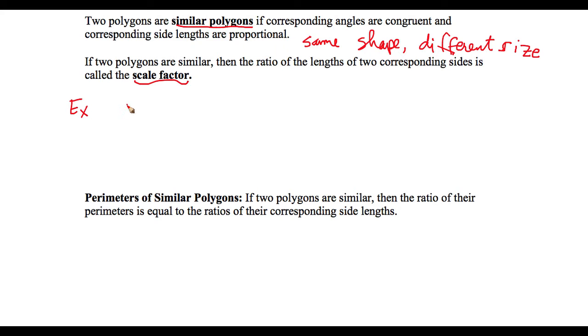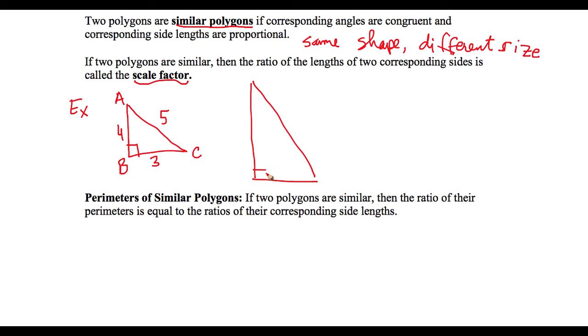Let's look at a right triangle that many of you are probably familiar with. If you ever learned the Pythagorean theorem, you learned the 3, 4, 5 triangle. And let me just name this triangle here, triangle ABC. And then we can look at the bigger triangle here. We'll call this triangle RTS, and say it has side lengths of 9, 12, and 15. Now, if you notice in these two different triangles, if we were to compare the side lengths, let's say